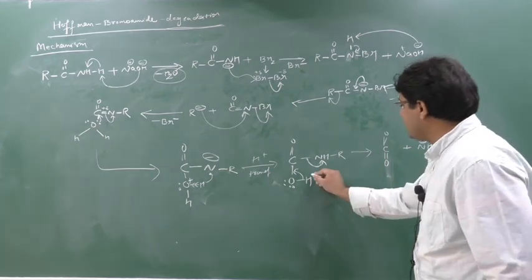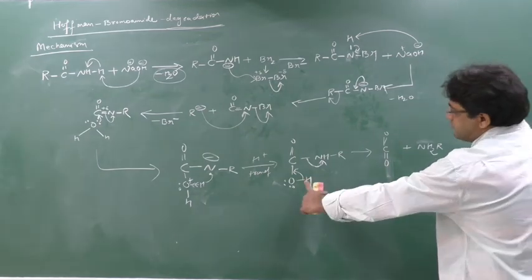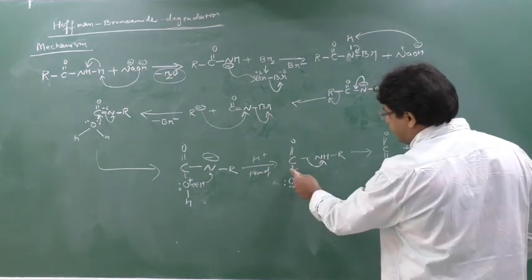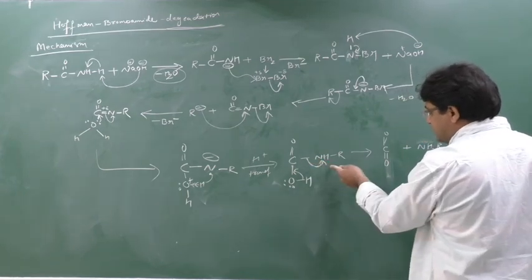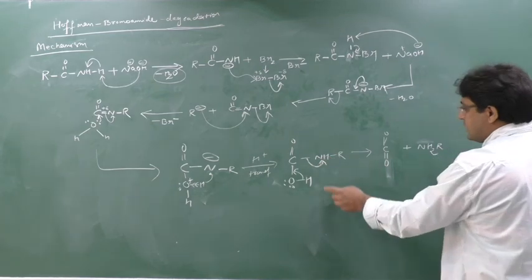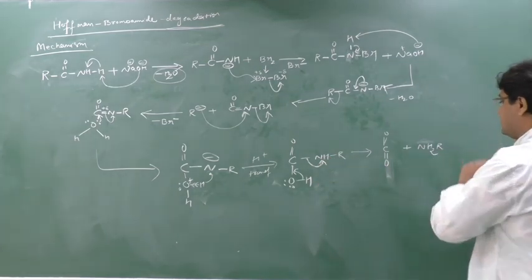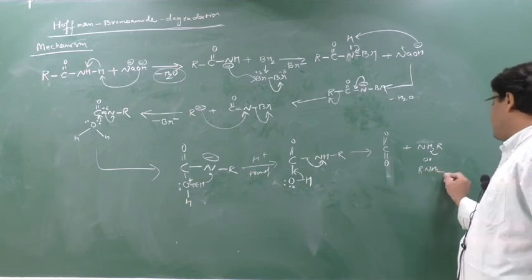plus NH. Nitrogen has taken the electron and released NHR. But here also there is a release of what? H plus. So here NH2R. Because when this bond is broken or when this bond is shifted, H will be removed as H plus. So there is a H plus here, and this bond is broken. So out of carbon and nitrogen, who is more negative element? Nitrogen. So nitrogen will have a minus charge. So this is H plus charge. So this is NH2. Or I can write down here R NH2. So see, primary amine has been formed.